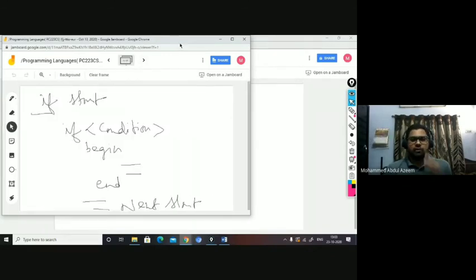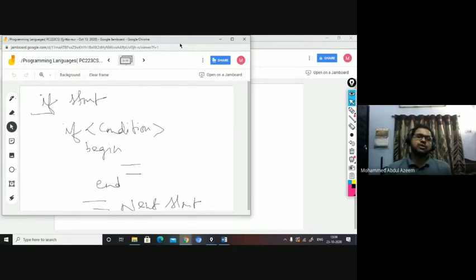If you look at the operational semantics of the if statement, if followed by condition. If the condition is true, then you will have certain statements to be executed. Begin and end are the blocks, right? Begin is the open brace. Generally, the open brace is used in C language to represent the block. But whereas in Pascal or Ada and all, we use the word begin, B-E-G-I-N, as the open for the block, right?